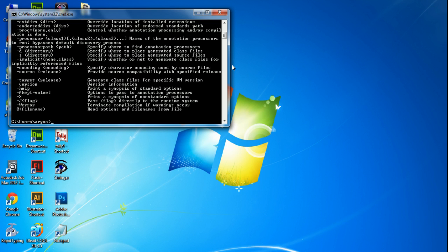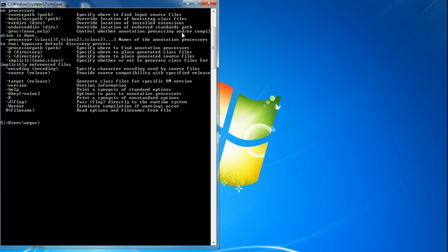Now our Java compiler is working. So now we can make any Java program anywhere in the computer system, and we can compile the Java program from here and run it. So we are talking about how the JDK works. We write the programs anywhere in the computer. Our program can reside anywhere in the computer.